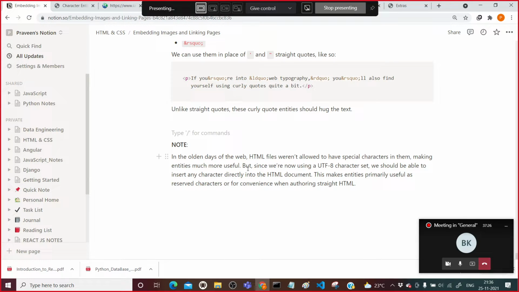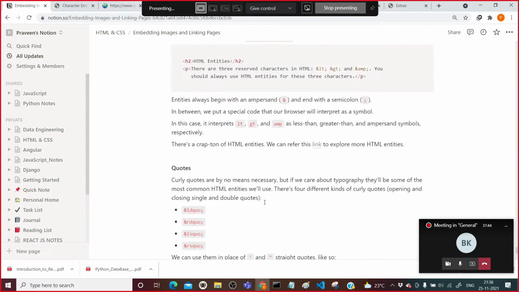Why are we now capable of making use of those things? Because of the UTF-8 character set, because all those characters come inside the UTF-8 character set only.